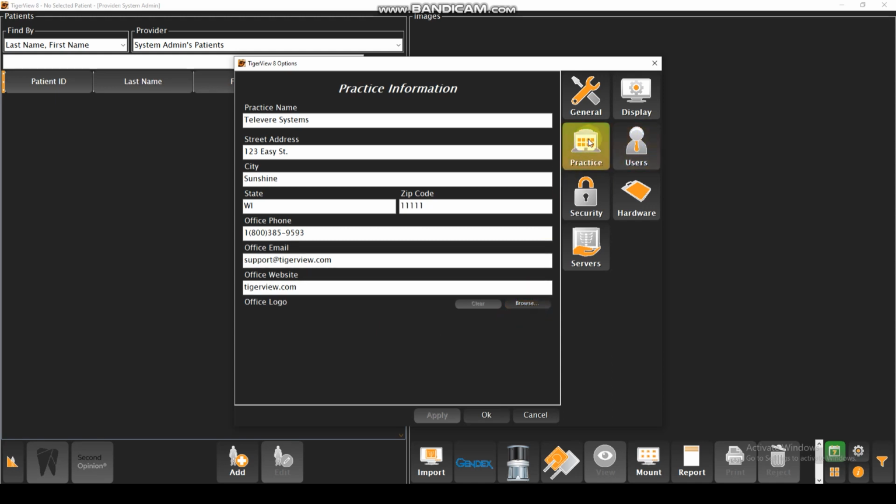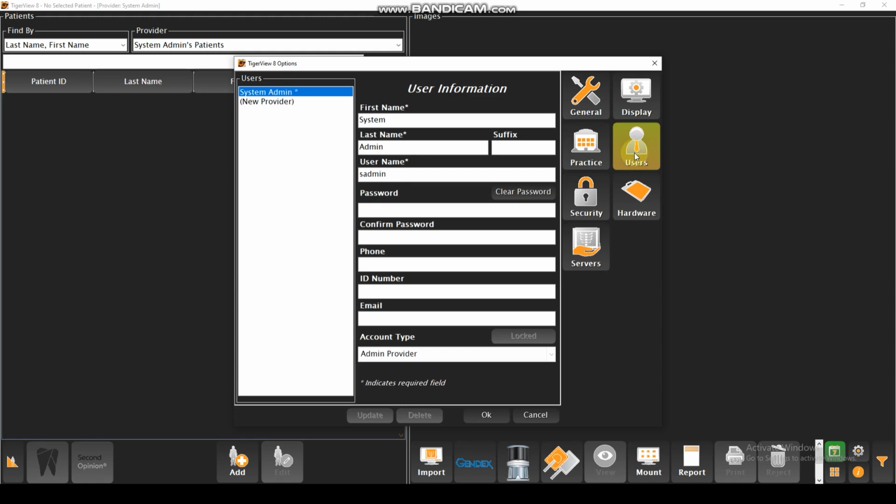Next to our Practice tab, we have our Users tab. Our Users tab allows for multiple different logins to the TigerView software. We can enter in multiple provider accounts, X-ray technician accounts, or even Office Manager accounts, simply by clicking on the New Provider option over on the left-hand side, filling out the required fields of information,